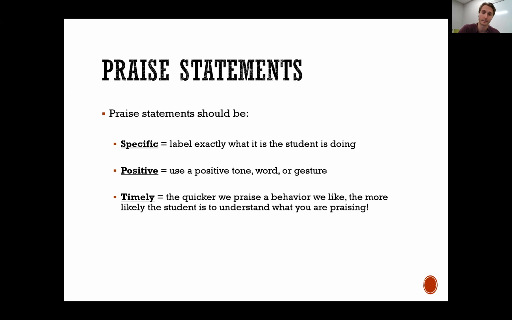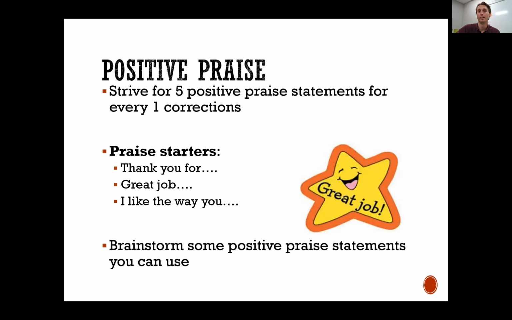So praise statements, massive. They're a huge tool that we can use. One of the big things that we stand by is strive for 5 positive praise statements for every 1 correction. So every time that you redirect a kid on something, you should be asking yourself, before I gave that redirect, did I praise 5 students? Because we find that teachers who do 5 praises to 1 redirect have much lower rates of misbehavior in their classroom. So that's one thing to check on yourself: am I praising students 5 times as often as I'm redirecting them? Because that can help a lot right there.